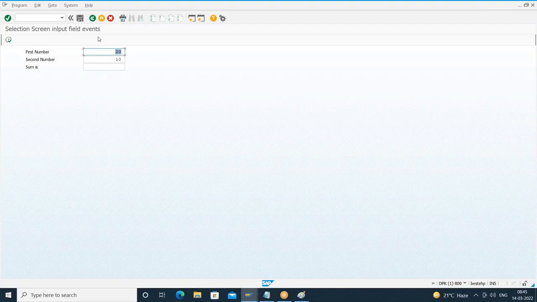Similarly, when you click on a tab button, the same event is triggered, at selection screen. When you select a radio button in the radio button group, the event triggered is at selection screen on radio button group. Whenever we select or deselect a checkbox, the event triggered is at selection screen. Similarly, on the selection screen, if you press enter key in the input field, SAP will trigger multiple events one